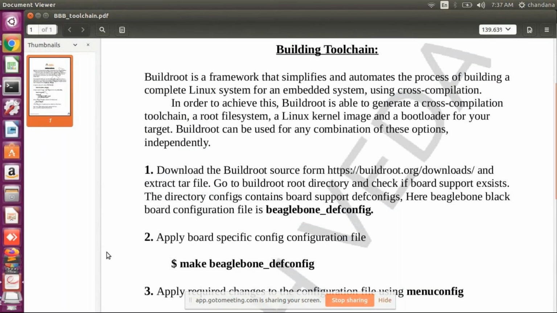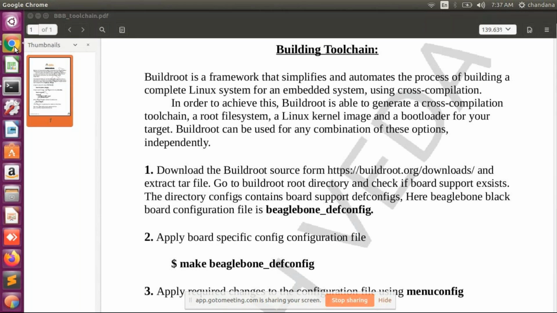Okay. So now what I am discussing is about the toolchain. The first step is you can get the toolchain from the vendor. In that case, you have to install the toolchain on your PC by simple steps. That is easy. But if the vendor does not give you the toolchain, you have to compile the toolchain yourself for your customized board. For doing that, I was